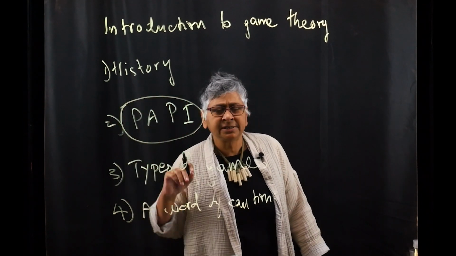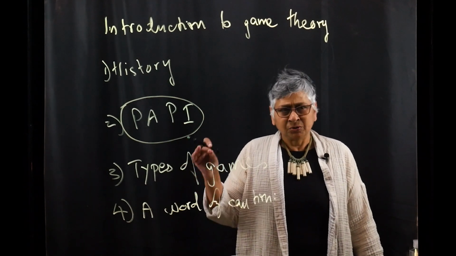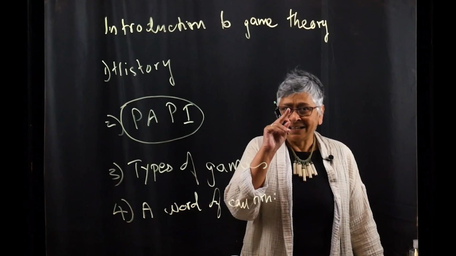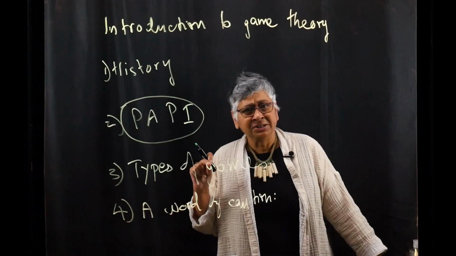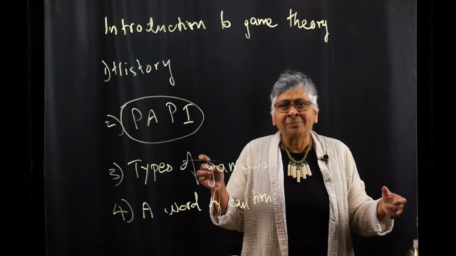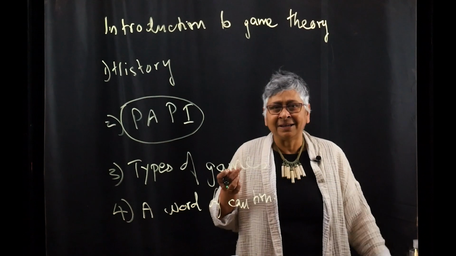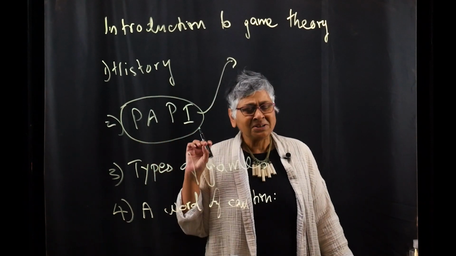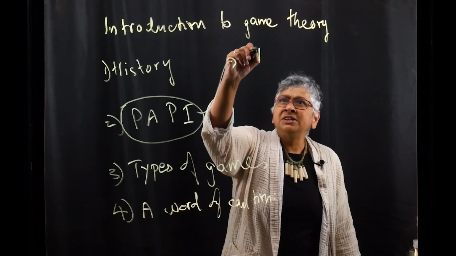The simplest depiction of the minimum I need to set up a game is that I need to make assumptions about how the game works. This is sometimes called the rules of the game. If I want to play chess, I need to know a little bit about how to set up the board, what moves are allowed, how many players in a game, things like that. So what we are going to look at is sometimes called PAPI. P-A-P-I, PAPI. What do I need to know?